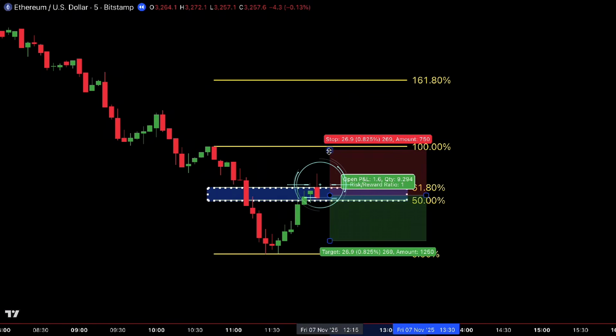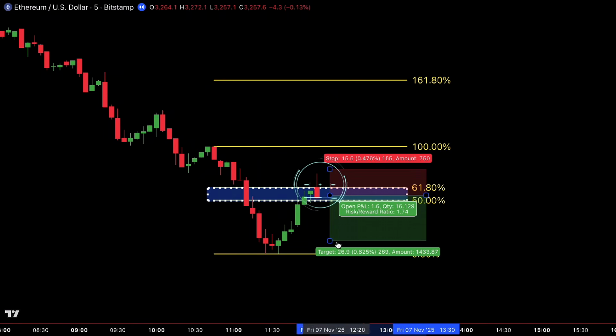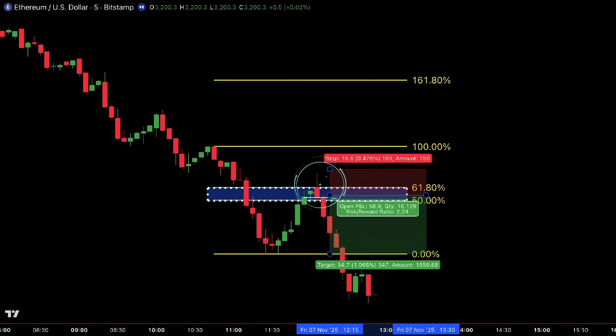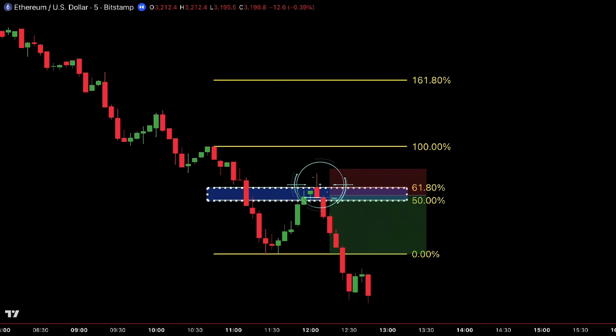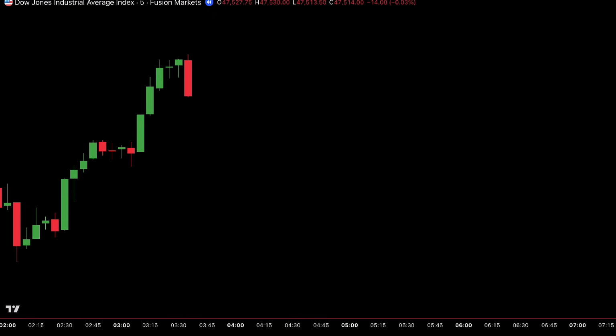The entry is simple. You wait for price to close back below or inside the premium zone after the sweep. Why? Because that closing candle confirms the sweep is complete and sellers are back in control. This avoids early entries and traps. Once the candle closes back below or inside the zone, the market continues downward exactly as expected and moves straight toward your target. Now let's flip the script and look at the buy-side version, because the logic is the same,